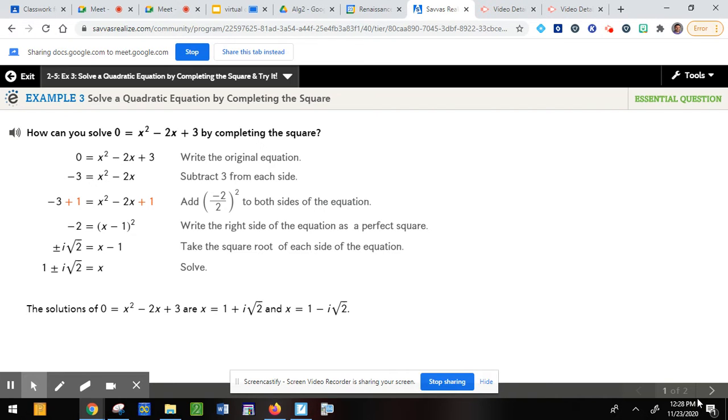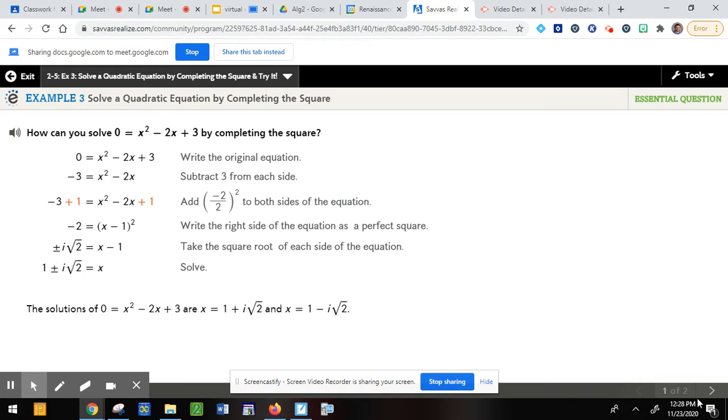So again, the first thing you would do is try to isolate the quadratic and the linear term. So we subtract 3 to both sides. Then you got to figure out what completes the square. So you take the 2, divide it by 2 and get 1, and square 1 and you get 1. So I'm adding 1 to both sides. All right. Then this can factor into